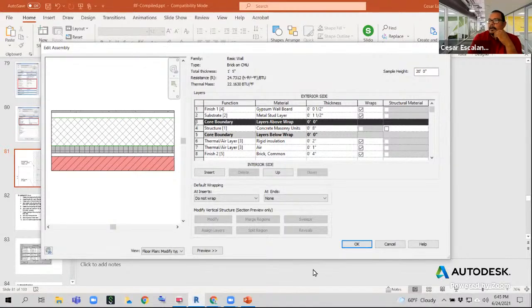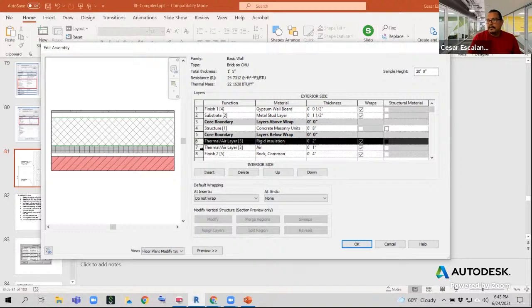And then we work on the different layers from, oh, I did it incorrectly. I started from the exterior to the interior instead of the opposite. So one thing I'm going to do to fix this